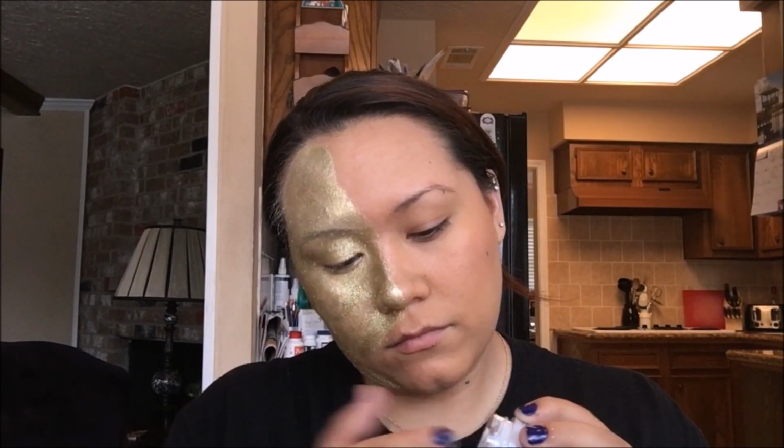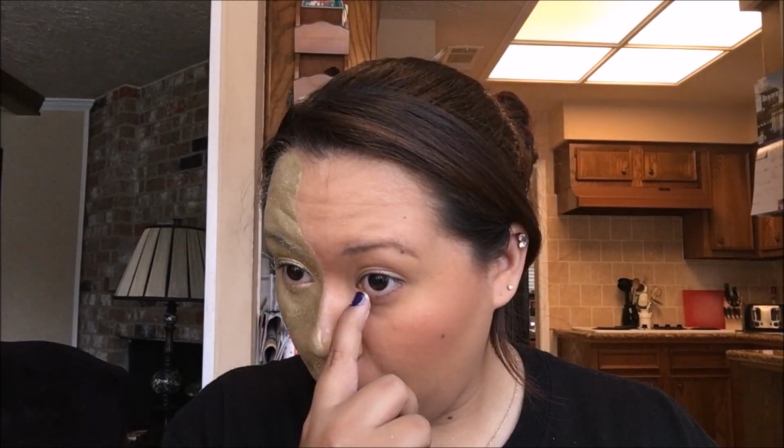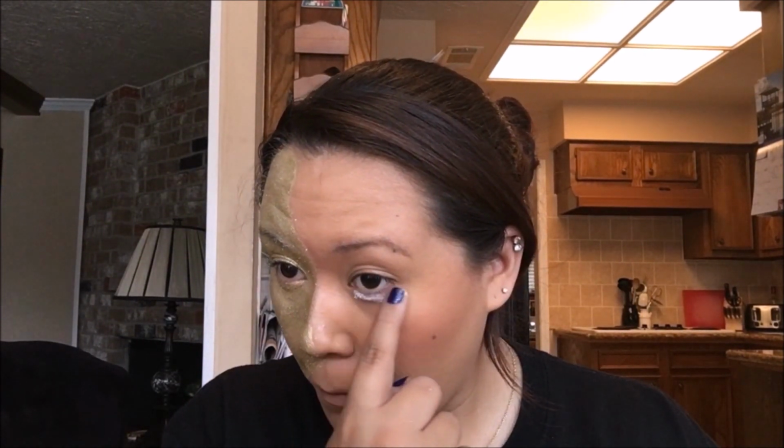Alright, now that I have the glitter applied, you can see that this is very bold and shiny, and there's a very big difference between both sides of my face. So you want to make sure that you're very thorough on what you're doing. Also be sure that you're wearing clothes that you don't really care about, because this glitter is going to get everywhere. So now I'm taking the white NYX eyeshadow base, and I'm going to start putting this onto my bottom